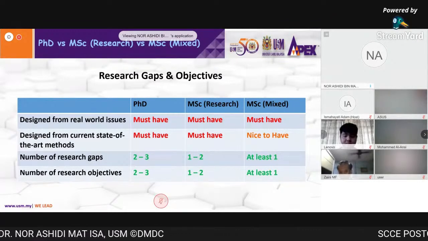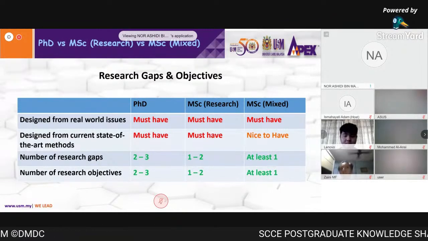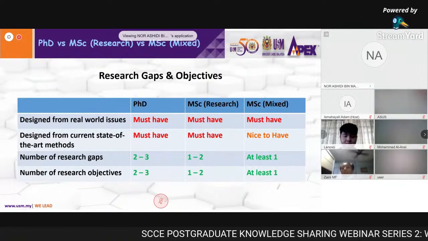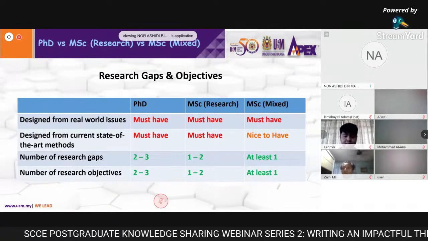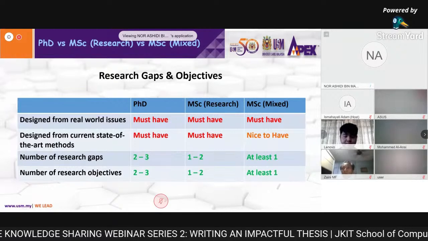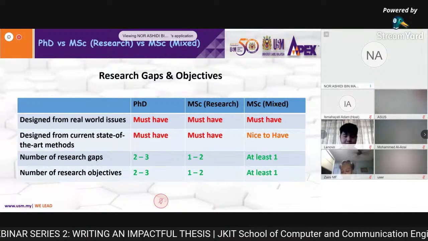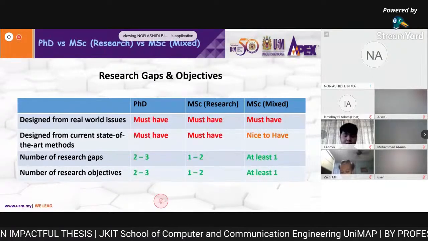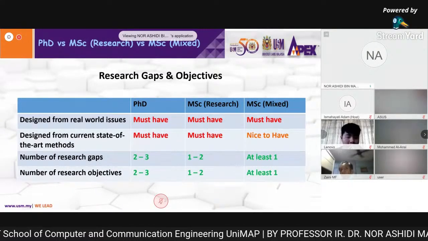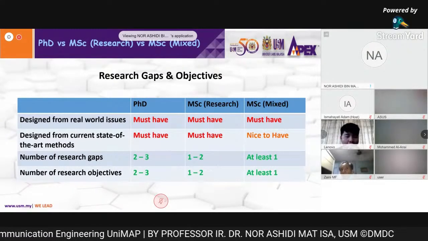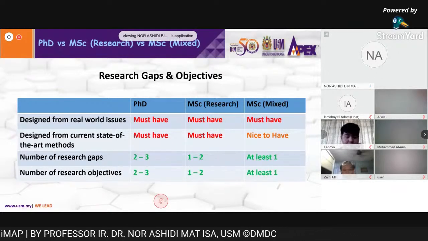Okay, so the real world issue is that. It is more general. This is the main, general issue of defect detection in the industry, which is done manually. It is time consuming and can also cause fatigue and so on.